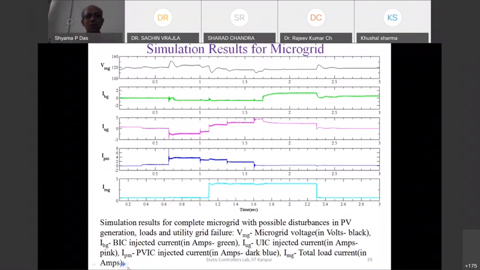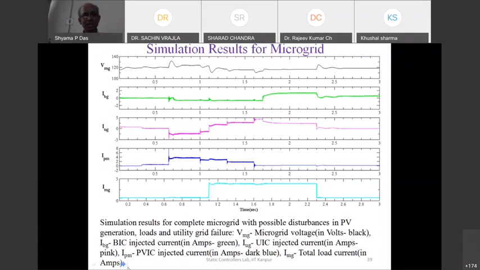The PV generation goes low. When the PV generation goes low, the load will be supplied increasingly from the AC grid. And when the AC grid hits the limit, the battery is fully charged now. Battery state of charge is higher than 90, so it can operate in discharge mode. So the green color one is the battery current. The battery will take over, and hence the AC mains current will reduce. So the load will be shared by the battery, not by the AC mains.